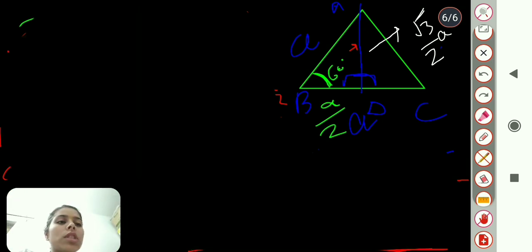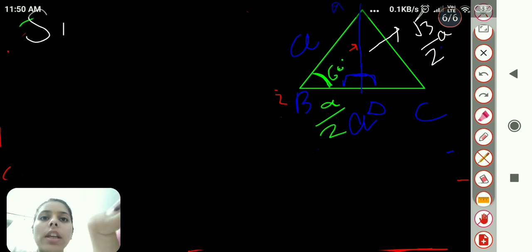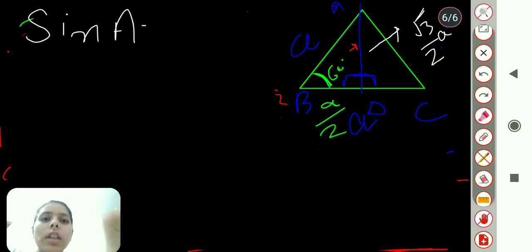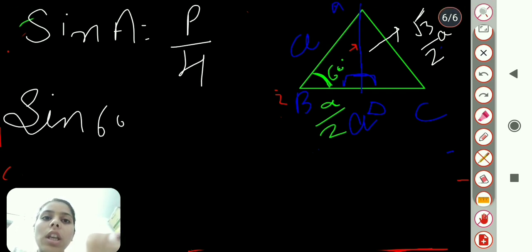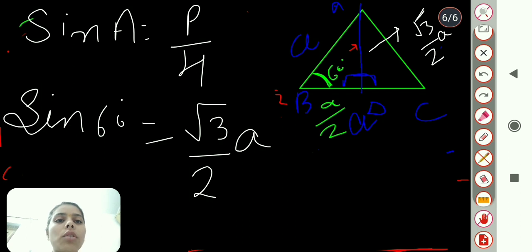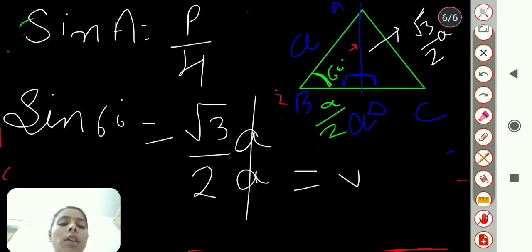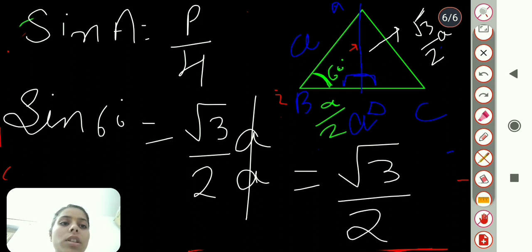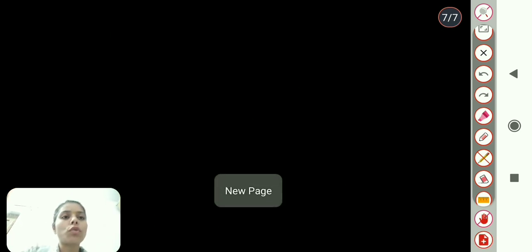What is the formula for sine A? The formula for sine A is perpendicular upon hypotenuse. For sine 60, what is the perpendicular? Perpendicular is root 3 by 2A. And what is the value of the hypotenuse? The value of hypotenuse is A. After cancelling these A's, we get the value of sine 60 degree, which is root 3 by 2. So this is our answer for sine 60 degree. So now let's move to the final